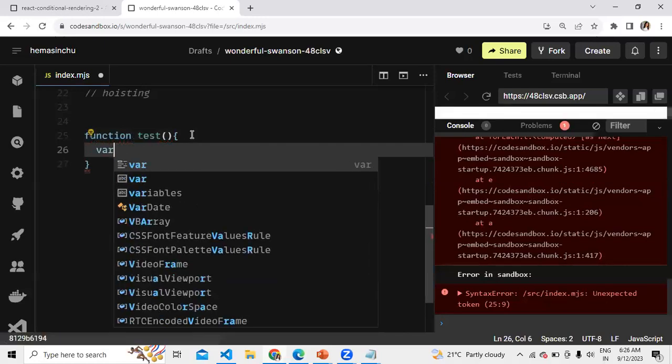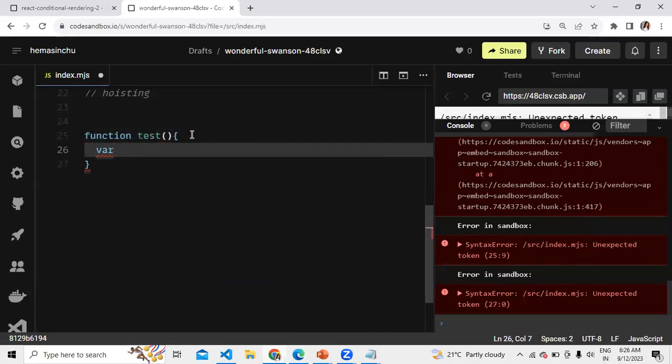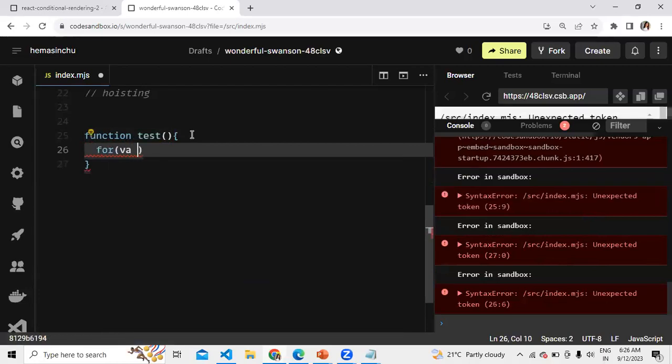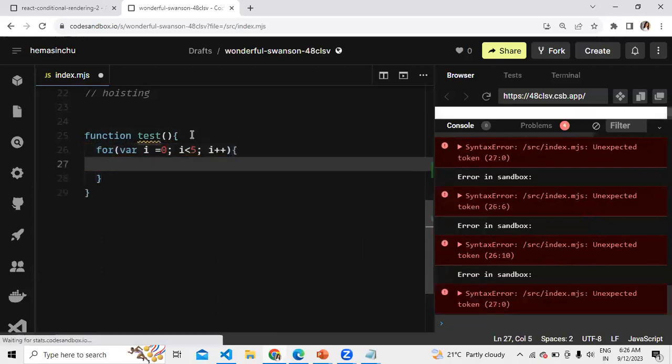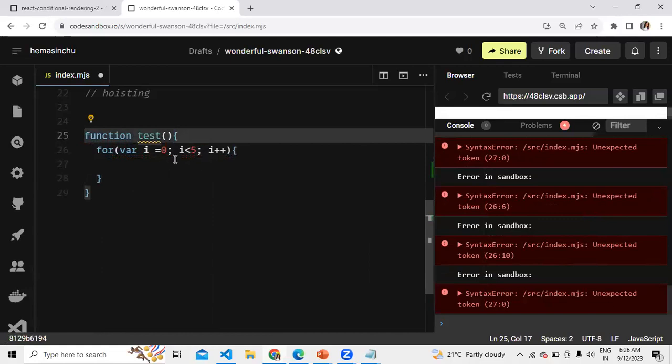A variable which I'm defining within a block. For example, for var i is equal to 0; i less than 5; i plus plus. Now, what is this in JavaScript?